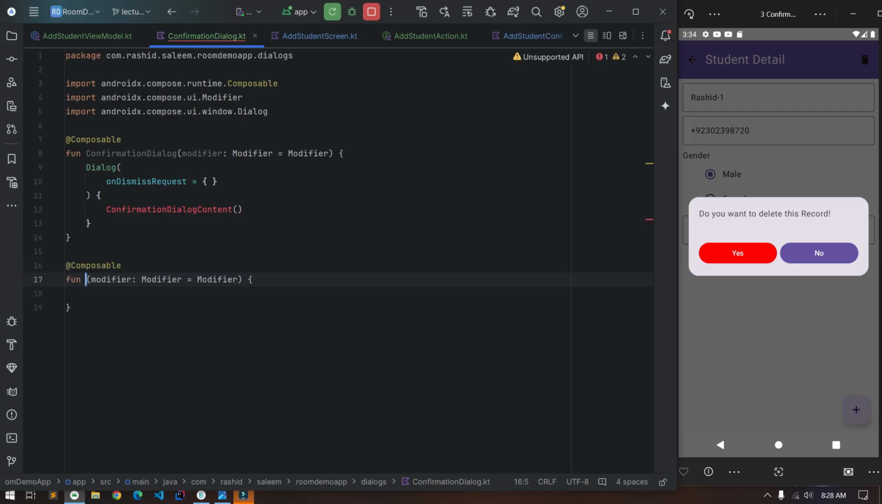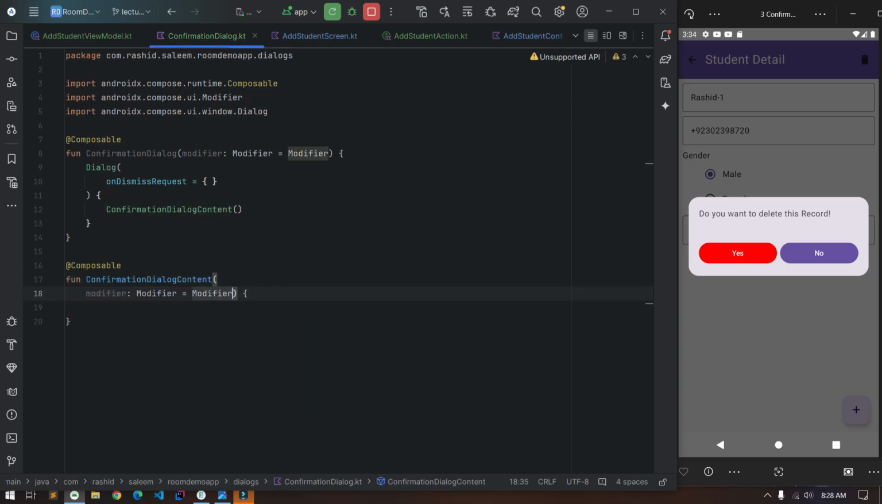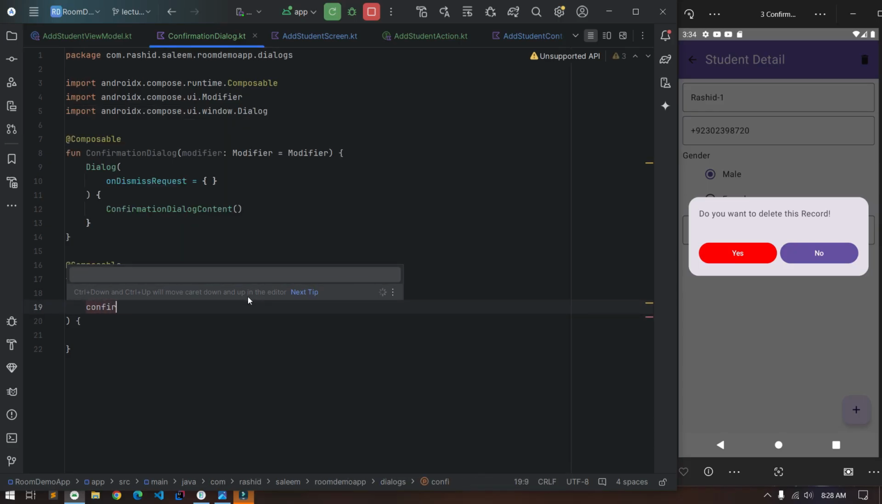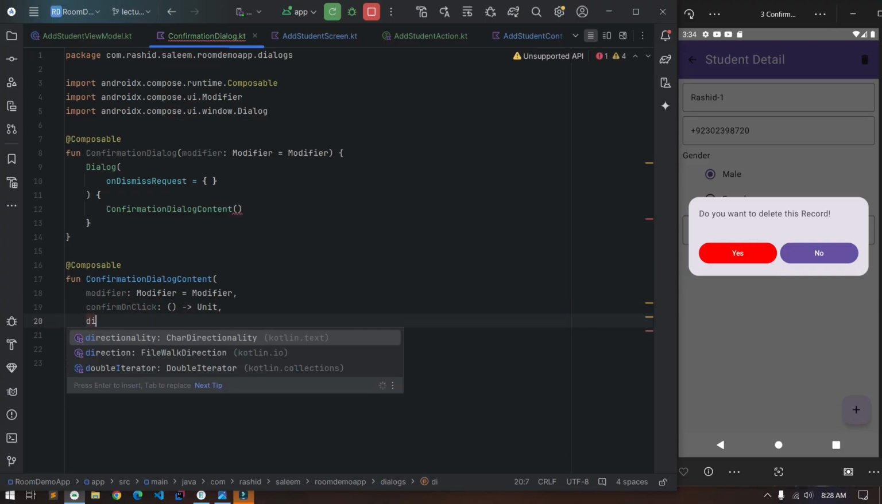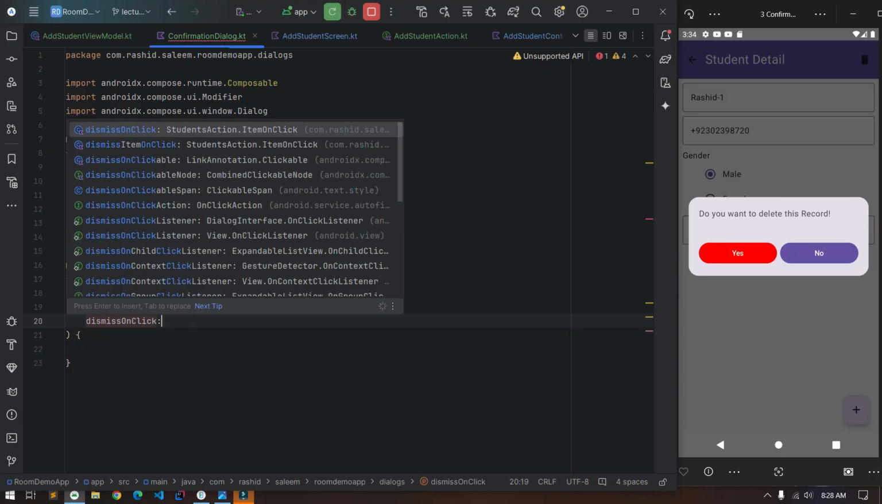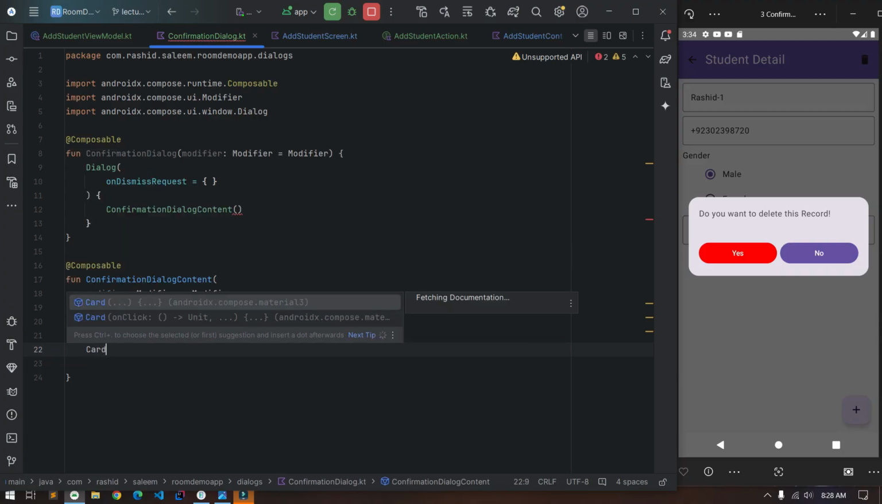So here we will create another composable named confirmation dialog content, which will take a modifier and two lambda functions, one for yes and one for no. We will use a generic naming convention for these lambda functions. Let's say confirm on click and dismiss on click. And in our UI, we will use a card here to present this dialog. So card,